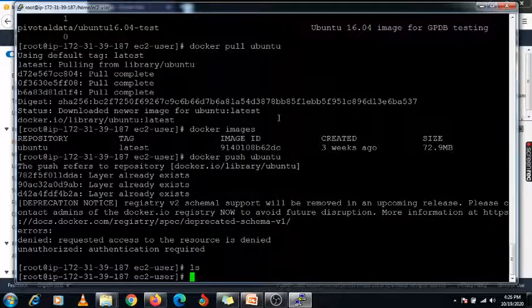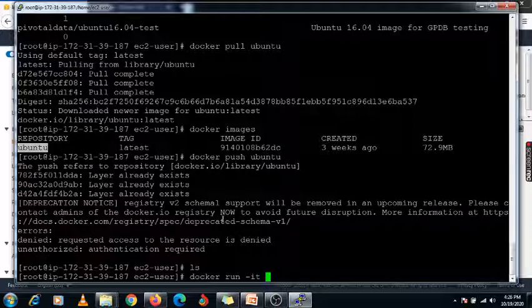Now we are going to create one container using this image. This is the image which I have pulled from Docker Hub. We are going to create one container using the command docker space run space -it. -it means I is interactive mode, and T is your terminal. If you want to specify a particular name for your container, you can.